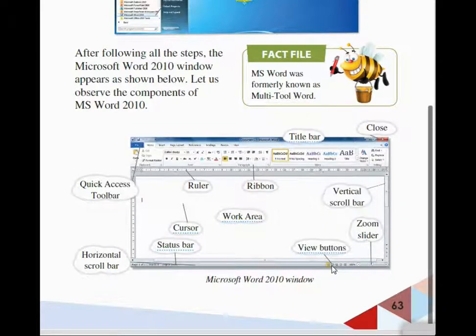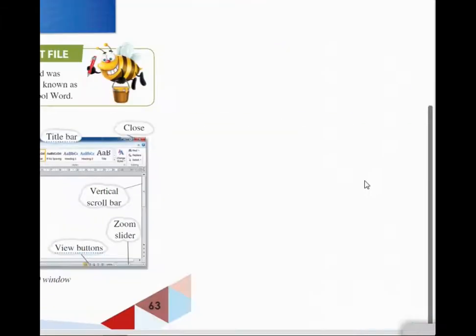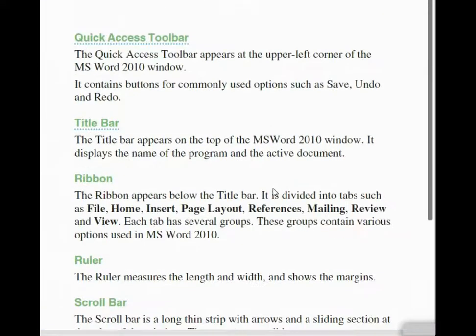Near the zoom slider we can get view buttons, and in the left bottom corner you can see the status bar, and then the horizontal scroll bar. The blinking black line is called the cursor, and the white space is called the work area. These are the different components of MS Word, isn't it?